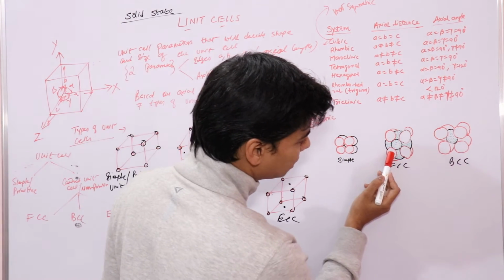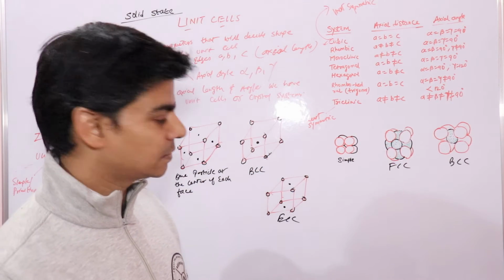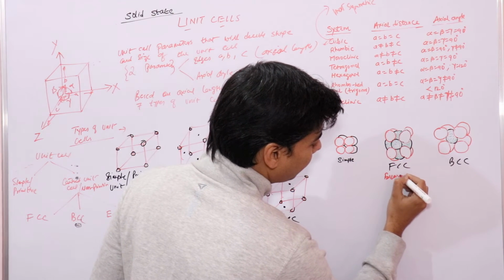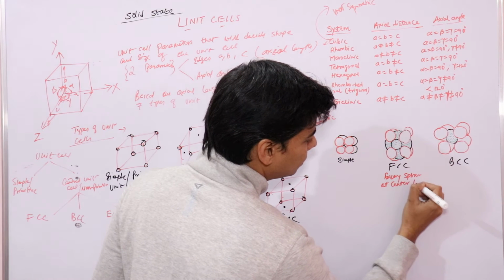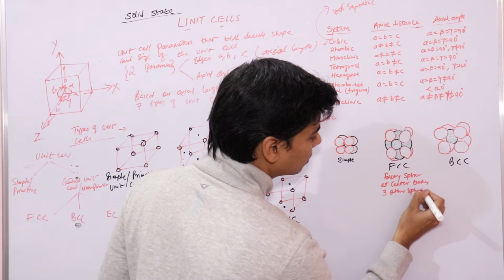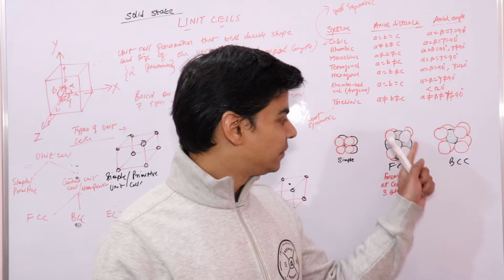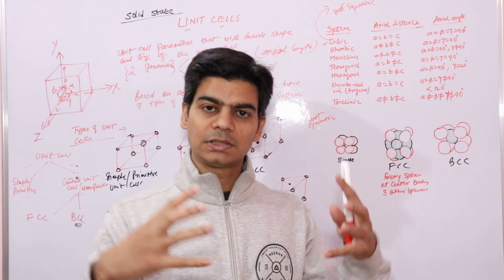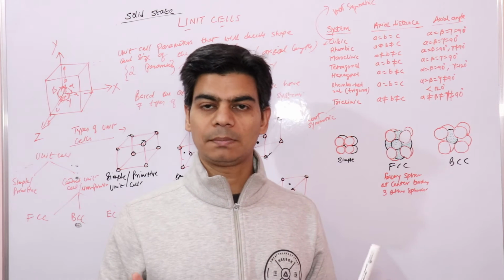Similarly, if you look at this, it is also touching the one at the center and the 2 at the centers of these 2 faces. So here every sphere at center touches 3 other spheres, right? So here this sphere at the corner has 3 other spheres which are touching it, right? So these are its closest neighbors, right? This is the concept of coordination number.